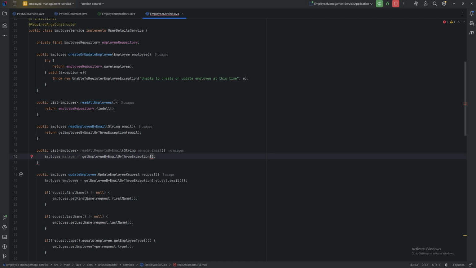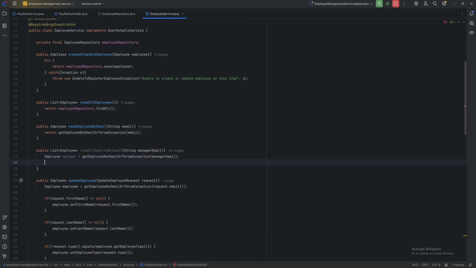And then we'll go ahead and pass in that manager email. Then below here, let's go ahead and say return employee repository.findByReportsTo. And then we'll go ahead and simply pass in that manager. Let's go ahead and save that. That looks good. And now that we have the employee service changes taken care of, we can just go ahead